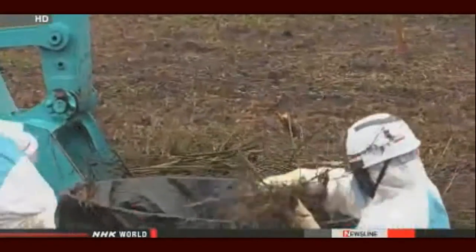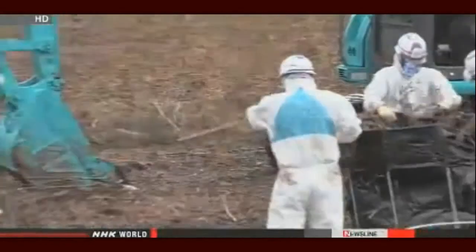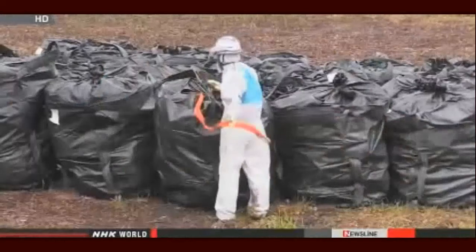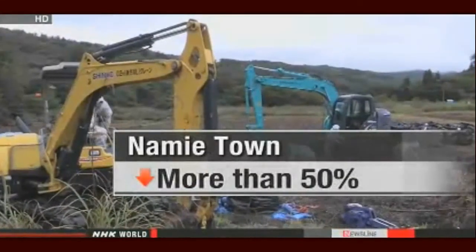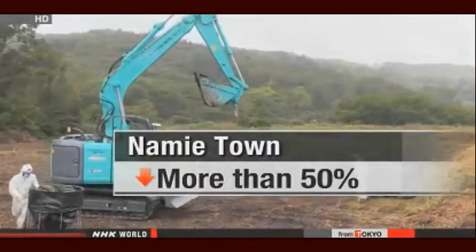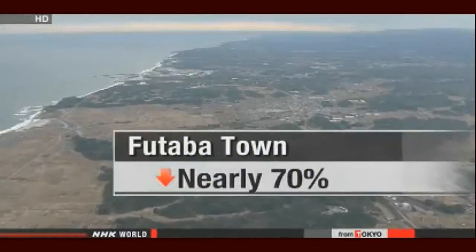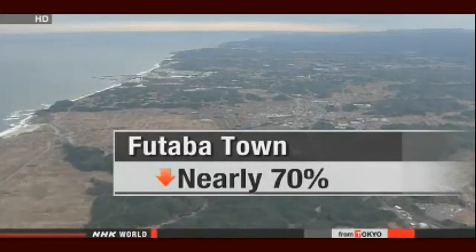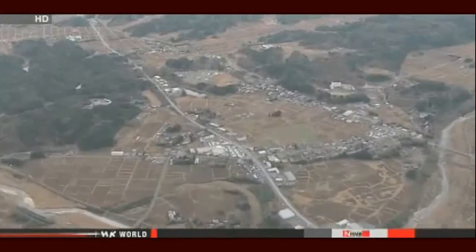Officials considered most of Namie and Futaba too contaminated for a fast solution, so they had not begun full-scale decontamination work there. Tests after the trial show the average radiation levels in parts of Namie Town ranged from 3.51 to 6.56 microsieverts per hour. That's less than half the figure before the decontamination work. The radiation levels at a former kindergarten in Futaba fell by nearly 70%. Government officials say the radiation still exceeds safety standards, but the levels in some parts satisfy the criteria for easing